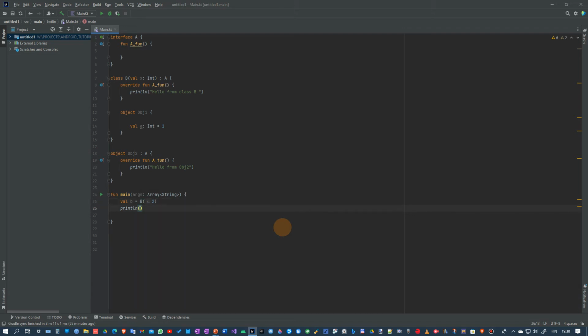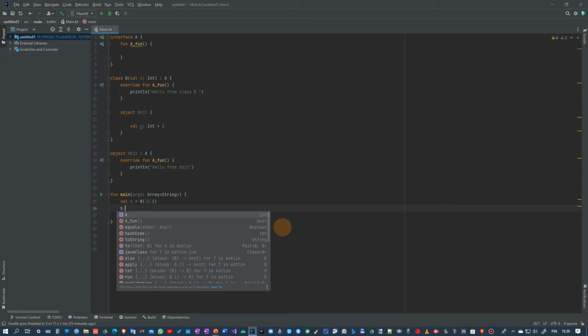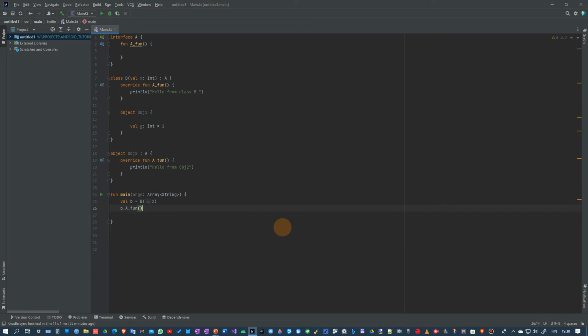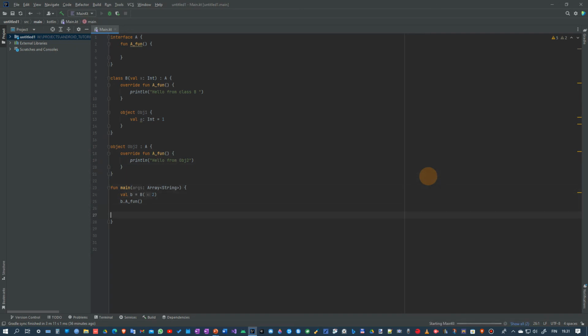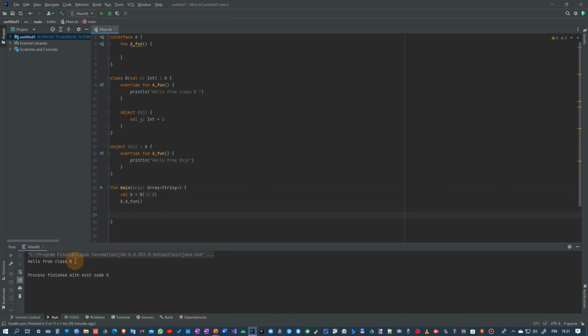Then we can access that function simply here, and then we can run. So, hello from class B. So we accessed the function which was